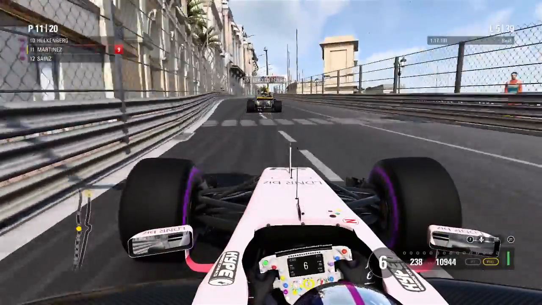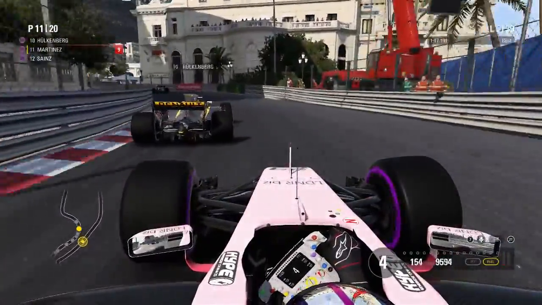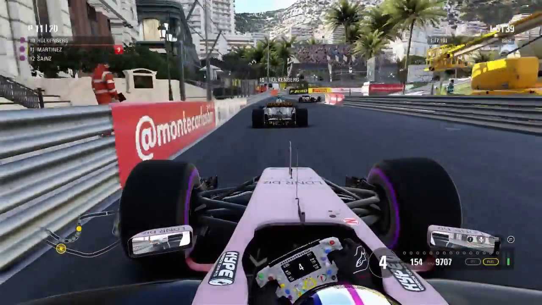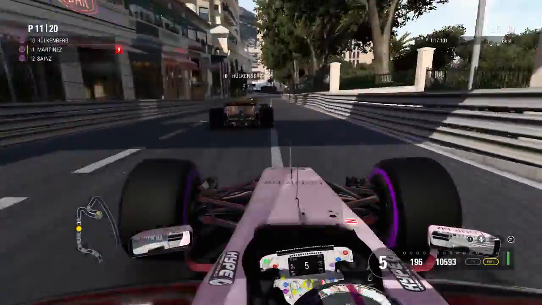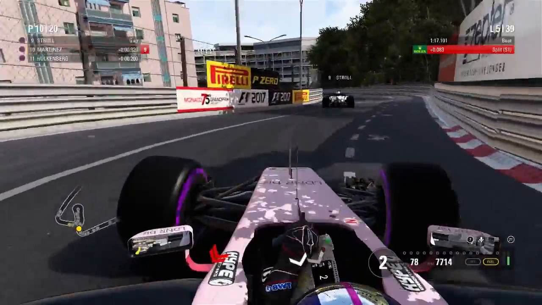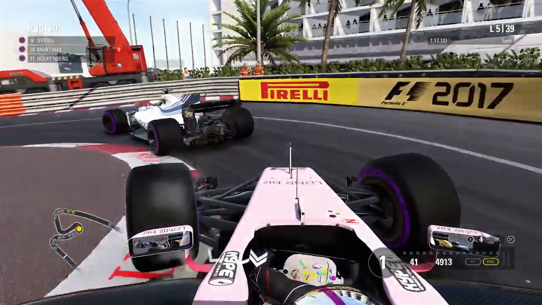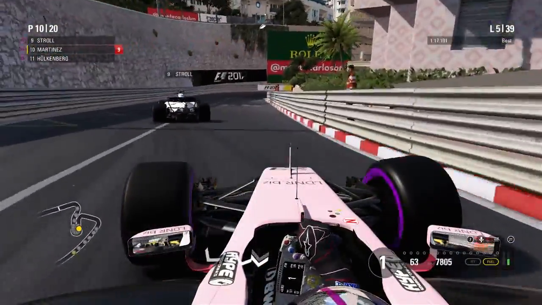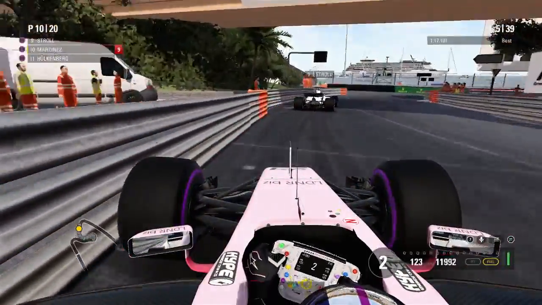I think Mirabeau is going to be the one. That's the place where I can get up the inside on the AI. So let's get nice and up close and personal to Hulkenberg here. Nice run through Massenet, nice run through Casino, very close to the wall there, but this time we're going to go for the reckless dive up the inside into Mirabeau, locking up the right front, squirting the power on. Hulkenberg's still there, but this time I've made the move stick. Very nice overtake there, and Hulkenberg this time couldn't hang around my outside, so really making the overtake work here,